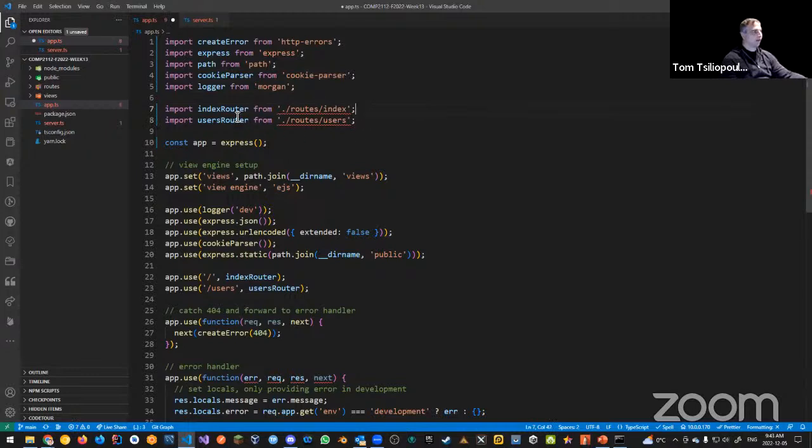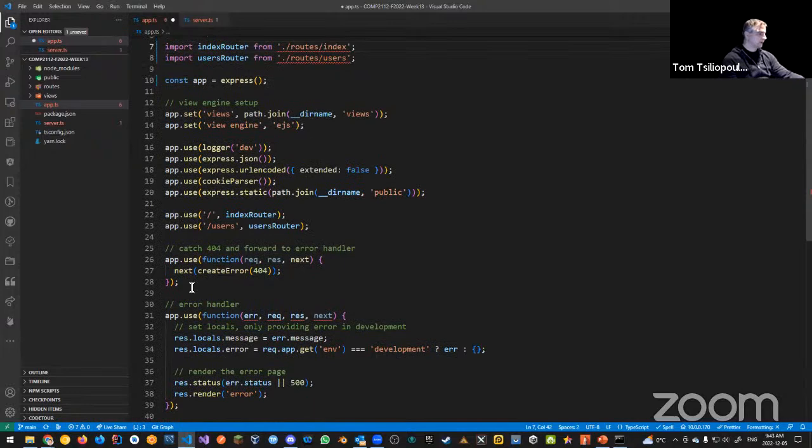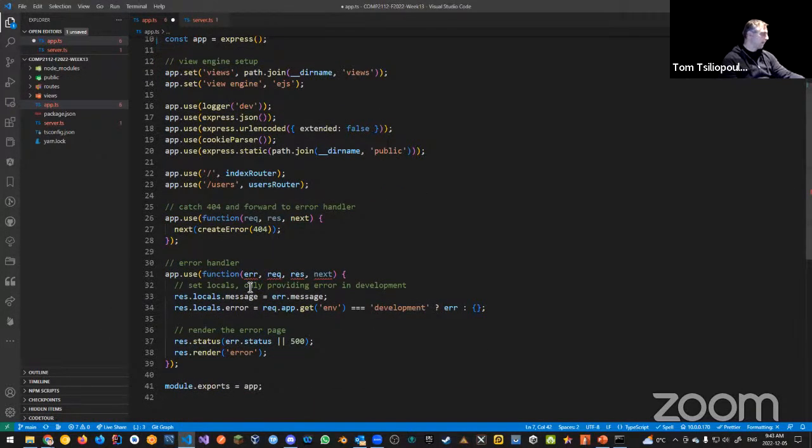Okay, we're getting errors from here because my index router and my user router aren't made yet properly, and that's okay. But so far, no errors down in here. We're going to get into this in a second. So I have /users, and I'm not going to explain this yet. And then when we come to our bottom function here, app use, we need to define what this is.